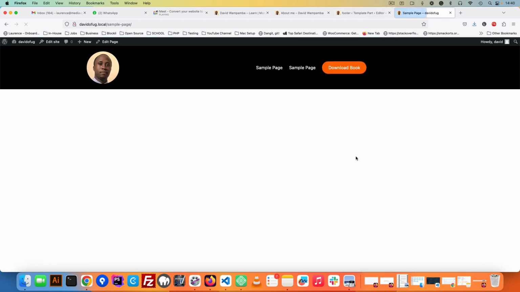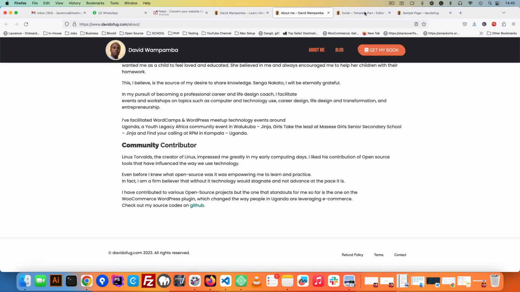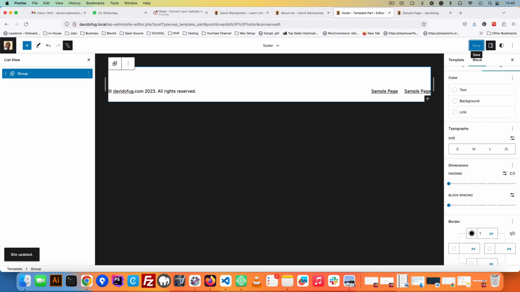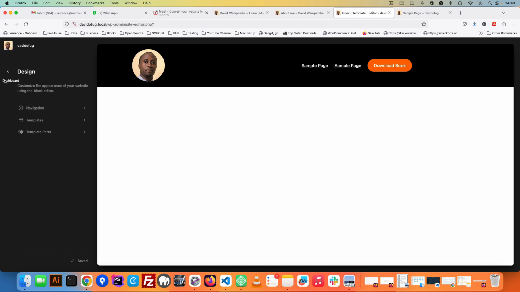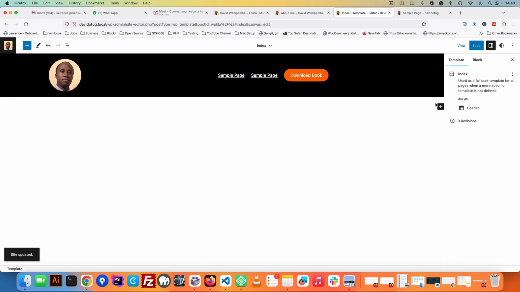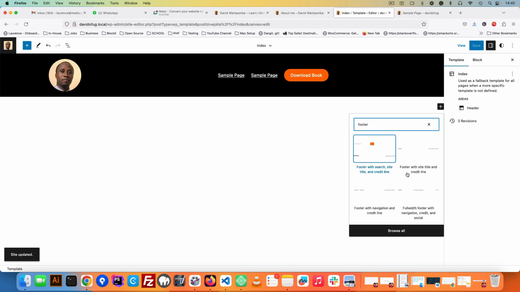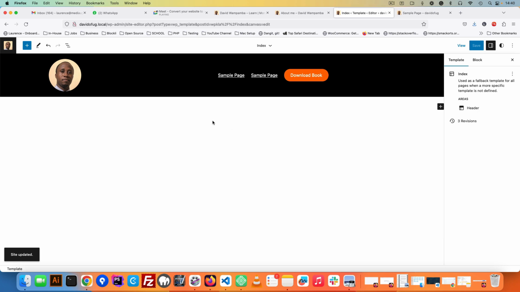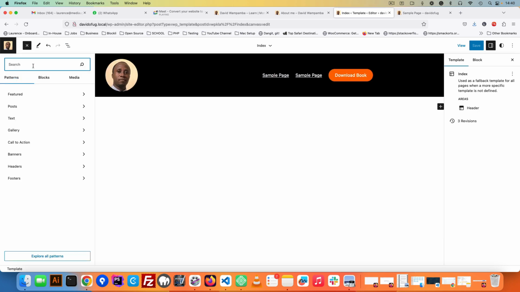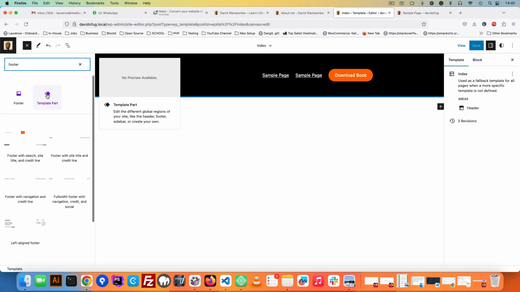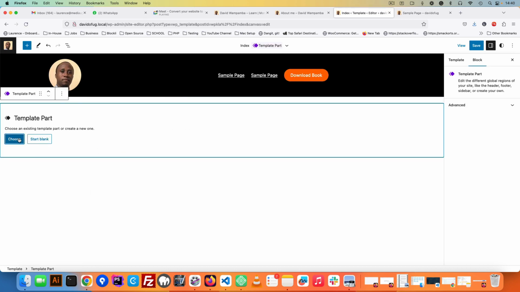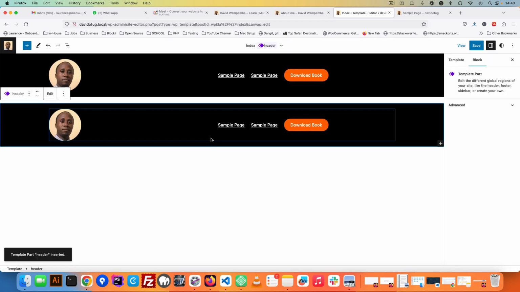And if I come here and reload this, it will not show up because yes, I forgot to add the template. So let's go back to our templates in the index, and then of course I need to edit my index. So what I need to do is click on this and say I need to add a footer, and I'm not seeing what I want here, so I'll just come back to this section here, click footer, which is a template part. I'll click choose because we don't want to start with a blank version, we already have what we need. Oh, this is a header, I need to add,